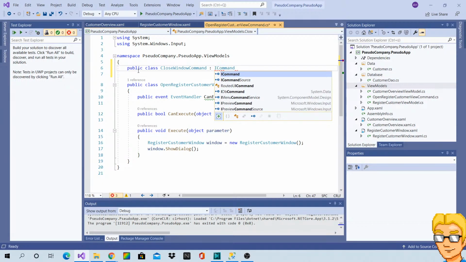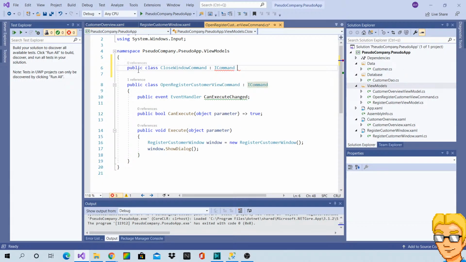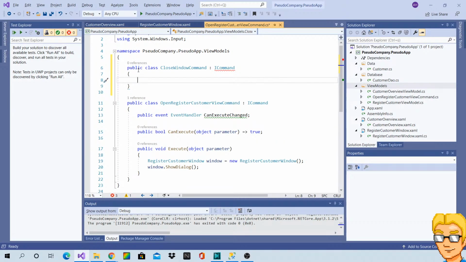I mean, I guess I can just use delegate commands. Doesn't matter.